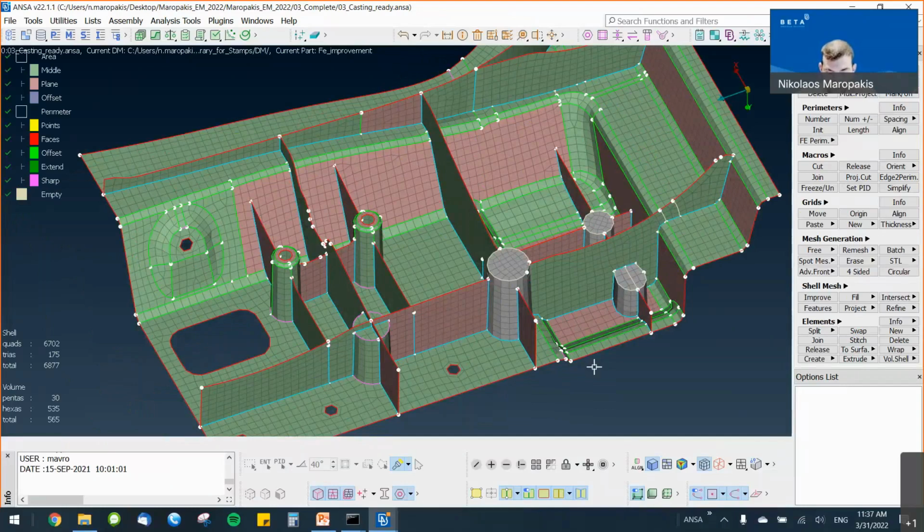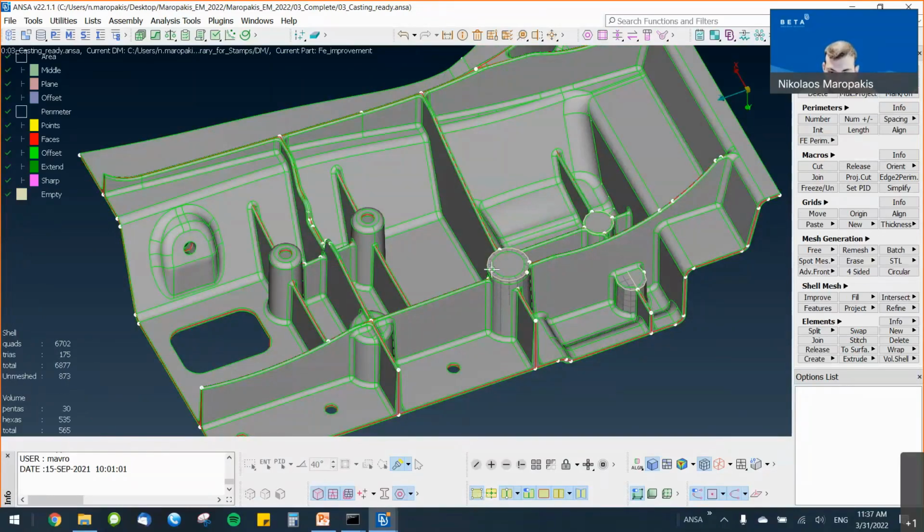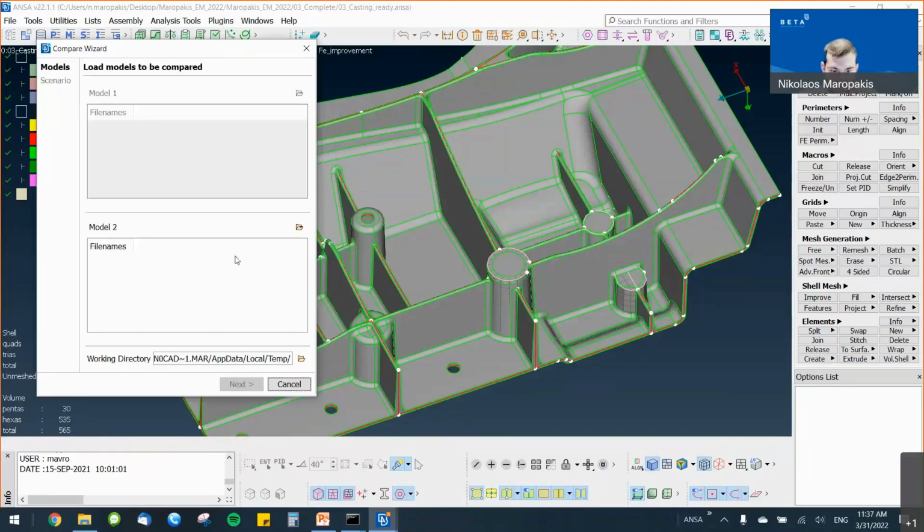But what happens if an updated version of this model comes, which is similar, but still has a lot of differences? Not a lot, but quite some differences. Do I have to do all this work from scratch and all this to create all these tubes and all these similar areas? Spoiler alert, the answer is no, but first we have to identify and locate these differences, and we can do this with a compare tool, which allows the user to import the updated geometry here.